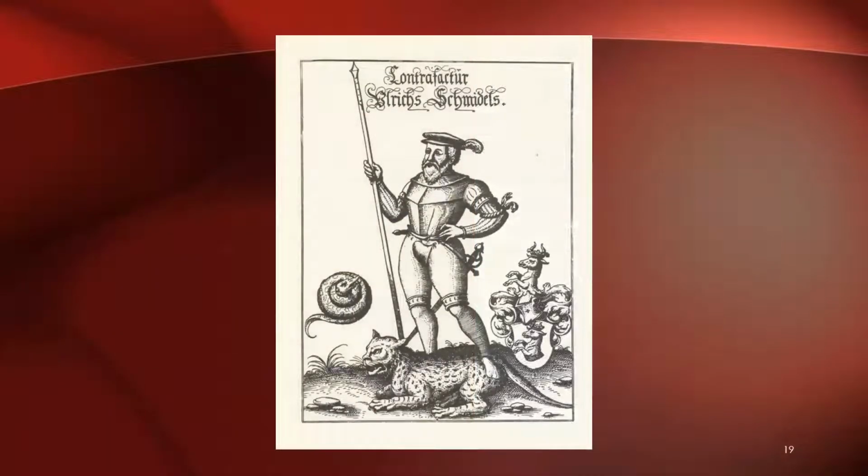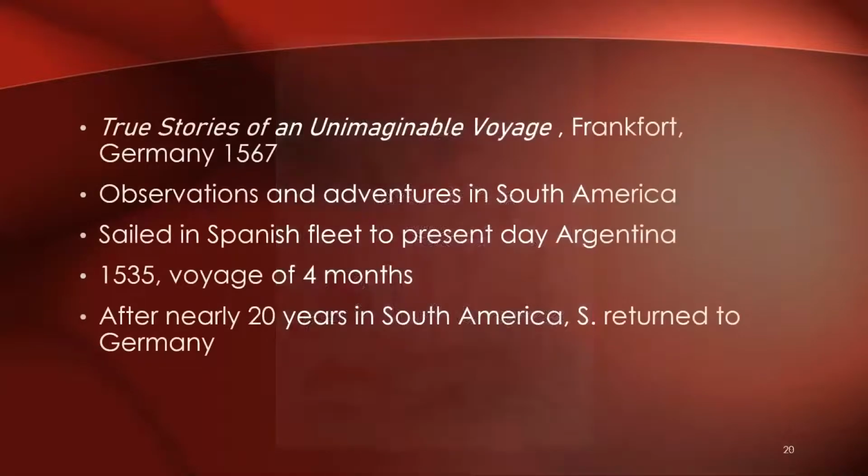Here is another portrait of the man with his coat of arms. Schmidl was an agent for the Welsers looking after their interests as he traveled in a Spanish fleet to Argentina. He was hired as a part-time gunner on one of the boats. He mentioned in his narrative that the Welsers had their own ship in the fleet, carrying some 80 Germans. Schmidl tells of his adventures with the natives, the hardships of exploring the vast area, the battles with the native warriors, and intrigues among soldiers and officers.